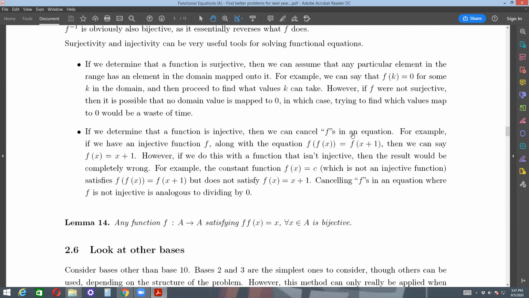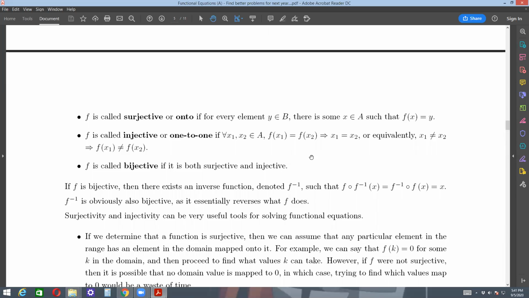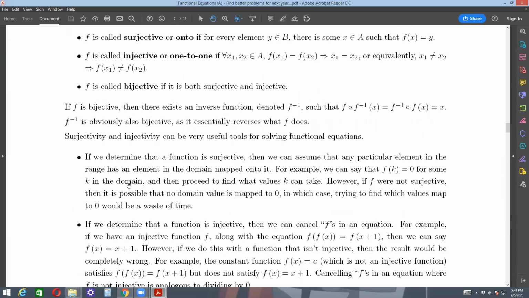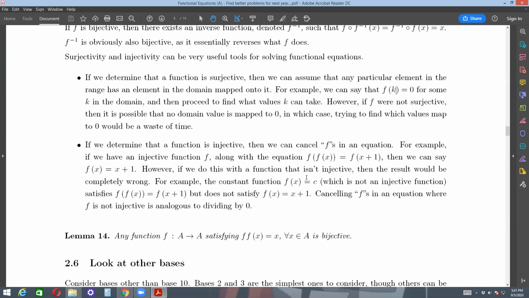For one-to-one, it's sometimes not as easy to prove because you have to, again, either assume this and then prove this, or assume this and prove that. But if you can prove it, it can help. So for example, this is a mistake that some students sometimes make, so be careful with this. If I give you, or if you're able to derive this equation based on what you're given, f of f of x is equal to f of x plus 1, be careful, because if the function is not